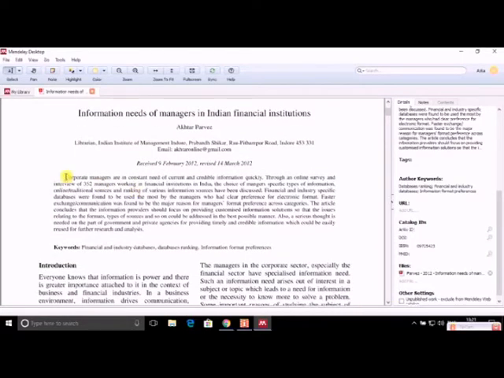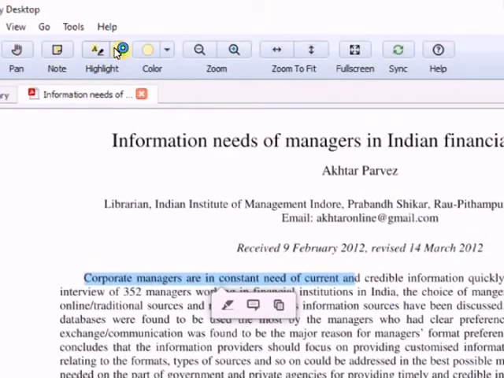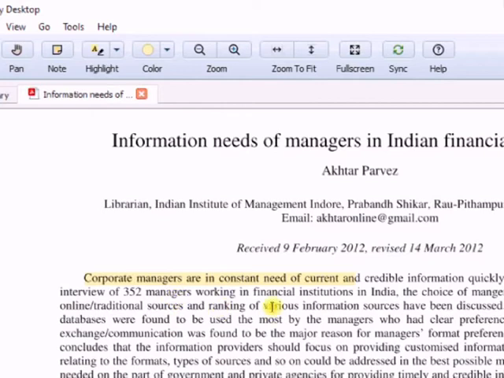Now if I want to highlight a particular portion, I'll select this and then go to the highlight option and highlight this text. Okay, so this is how you highlight. You can also create a note by clicking here.